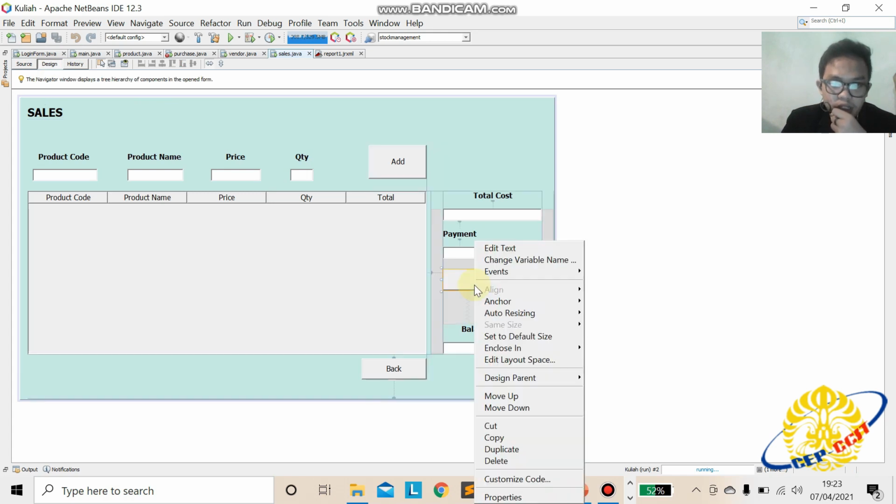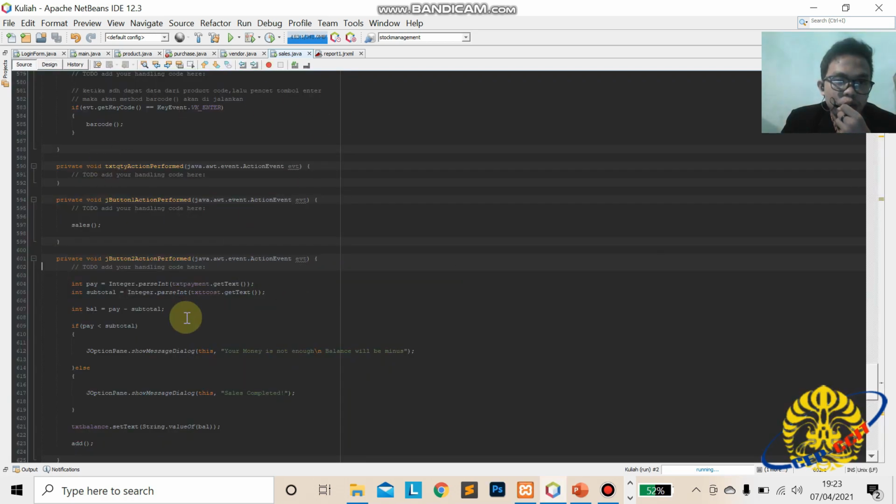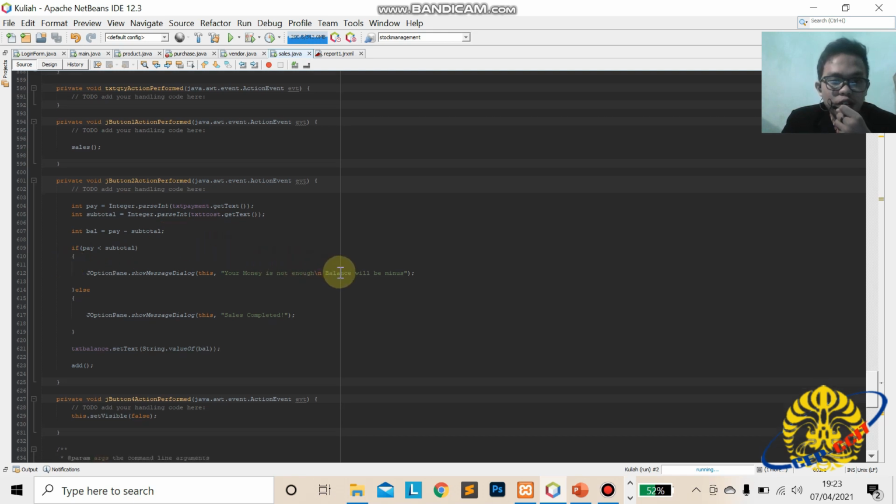So we go to the sell button. This is the same as Purchase.java. We have an integer pay from the payment text, subtotal from the cost text, and the balance is pay minus subtotal. If pay is less than subtotal, it shows your money is not enough and the balance will be minus.